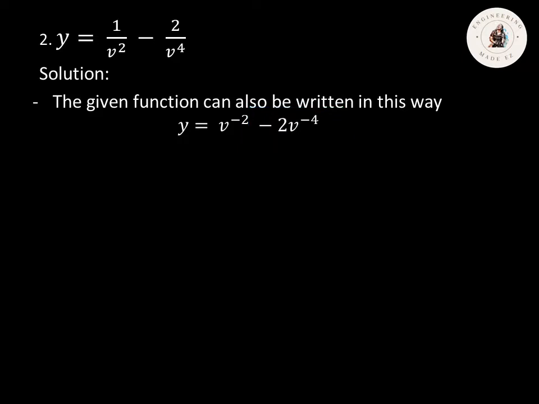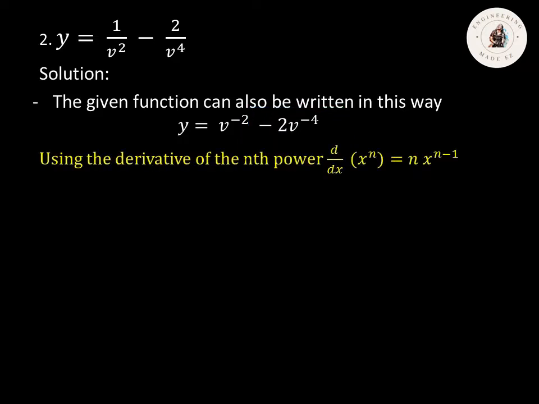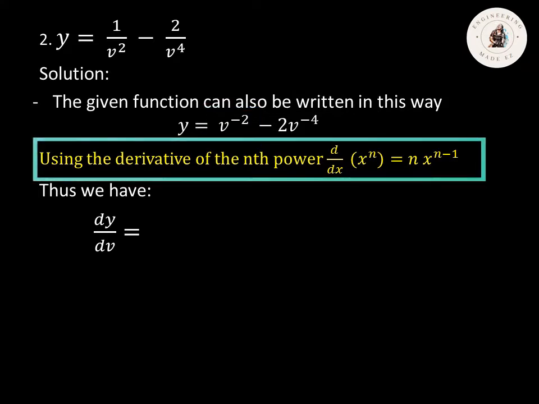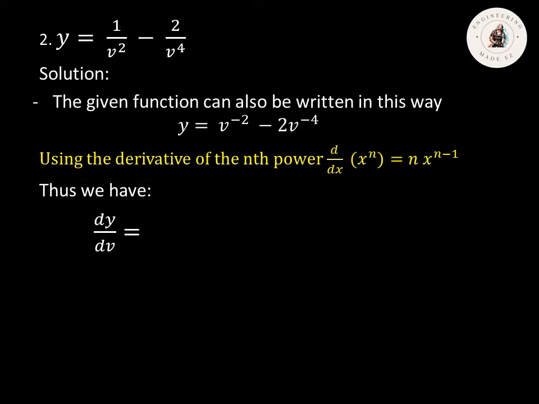power of negative 4. Next, we're going to use the formula for the derivative of the nth power, which is the derivative of x raised to the power of n with respect to x is equal to n multiplied by x raised to the power of n minus 1. Thus, we have the derivative of y with respect to v is equivalent to, for v raised to negative 2, we're going to apply the derivative of the nth power. Here, our n is equivalent to negative 2. That's why we have negative 2 multiplied by v raised to negative 2 minus 1. Minus, for our 2 times v raised to negative 4,